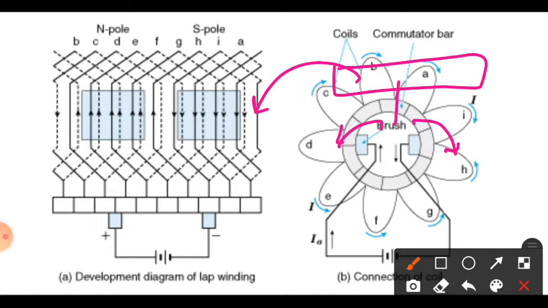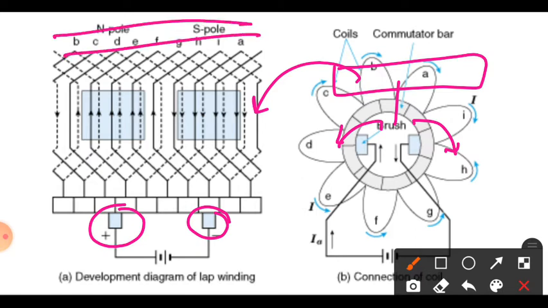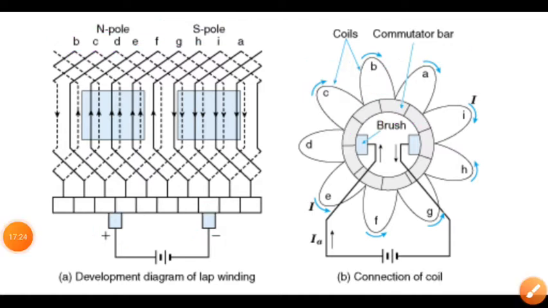Okay, so our aim is, without any confusion, to draw this, whether it is single layer or double layer, lap winding or wave winding. At the same time, the brush position also in case of a DC machine. Sometimes we are going to use equalizer rings in case of DC also. So these are the basic things we should know. Okay, let us